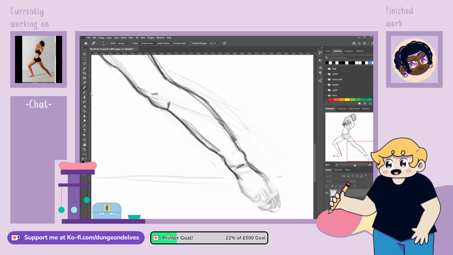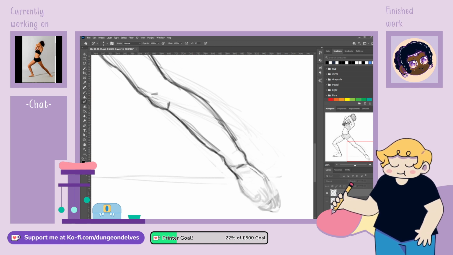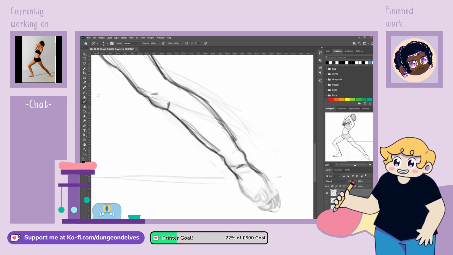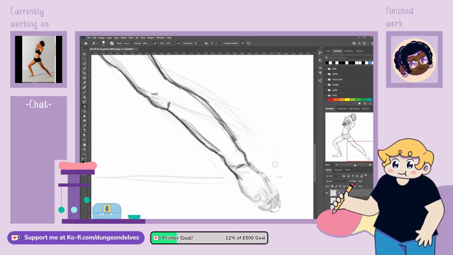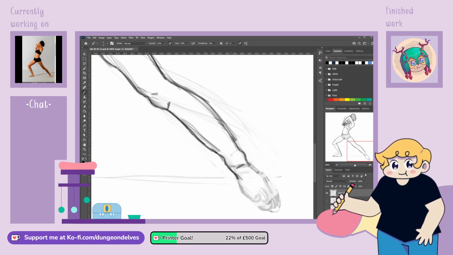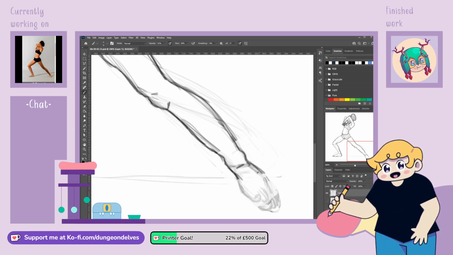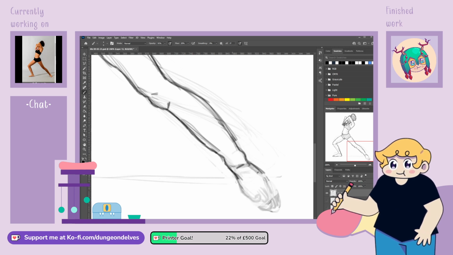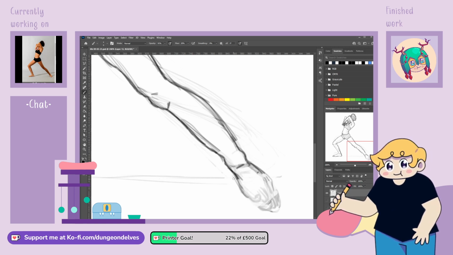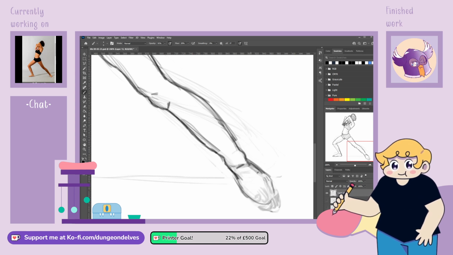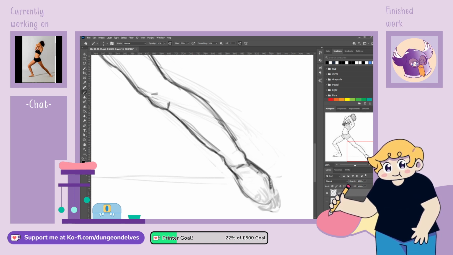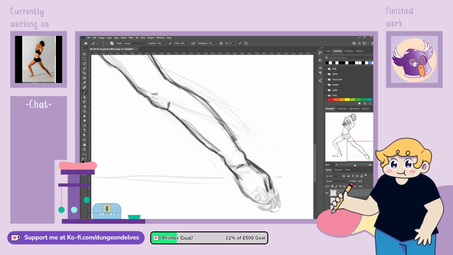Because I'm not coming out from the right place, I think. Oh, what happened there? No, I don't want that. We don't want to have that too harsh. We need this to come out, like the foot is here. There we go. Toes are here.